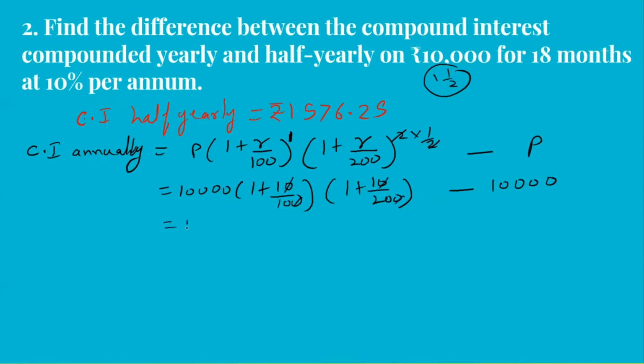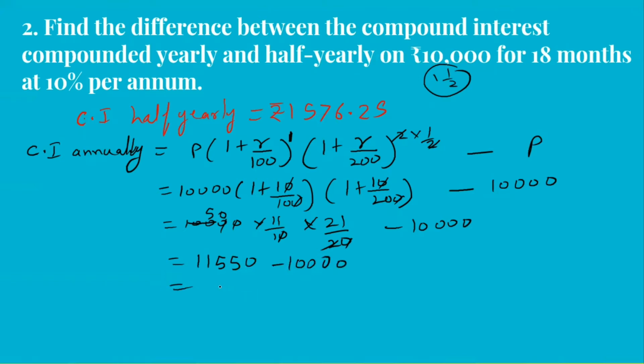So we have here 10,000 multiplied by 11/10 into 21/20, and minus 10,000. So let us simplify this. You have 100 divided by 2 is 50. So 50 multiplied by 11 multiplied by 21. What you get is 11,550, and minus 10,000. So you get the compound interest annually as